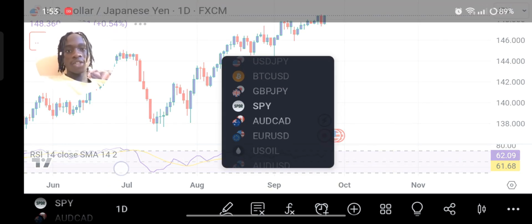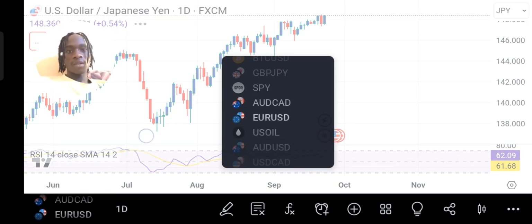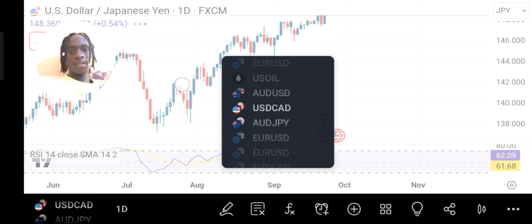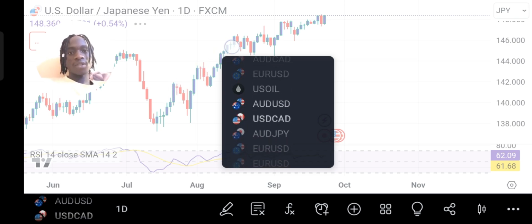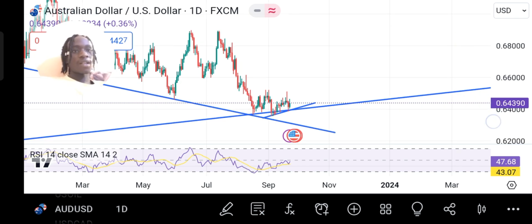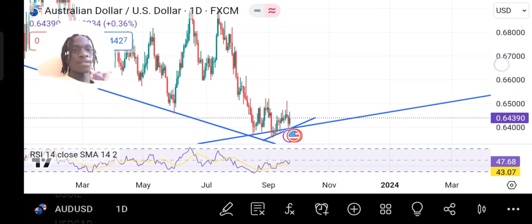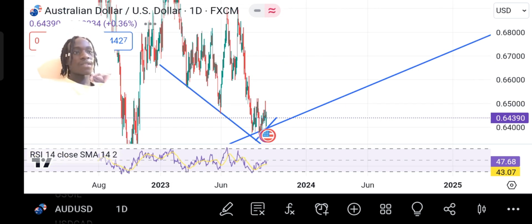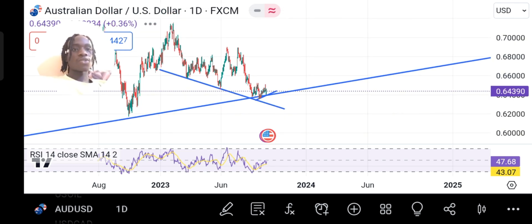So guys, we'll keep on checking what the market says, because we have a lot. We have the AU. So this is how my chart always looks. When you check my chart, it has trend lines. So basically price action is the thing, the market and